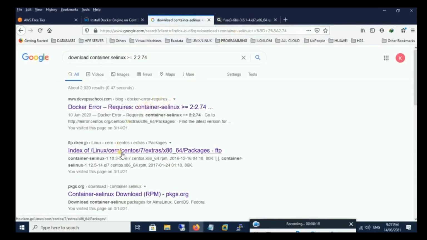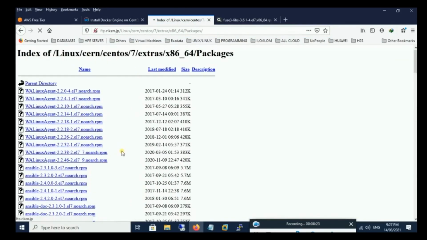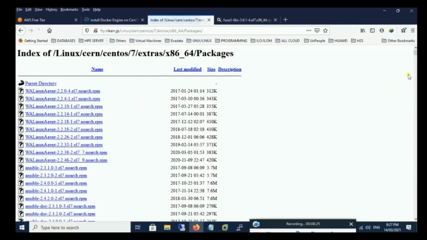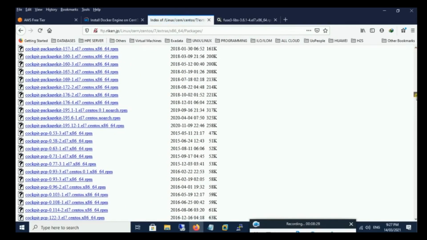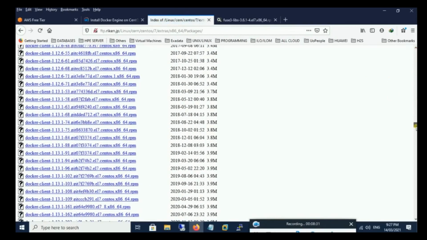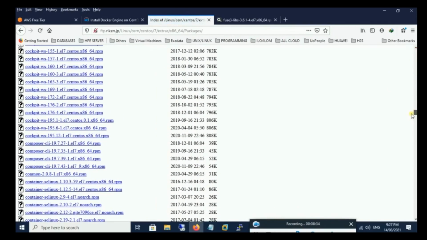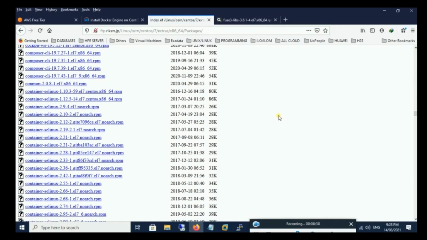So after research, I saw that I have to install something which is greater than 2.74. So to avoid that error when I'm trying to run the Docker hello world, I use 2.95. So you can use anything beyond